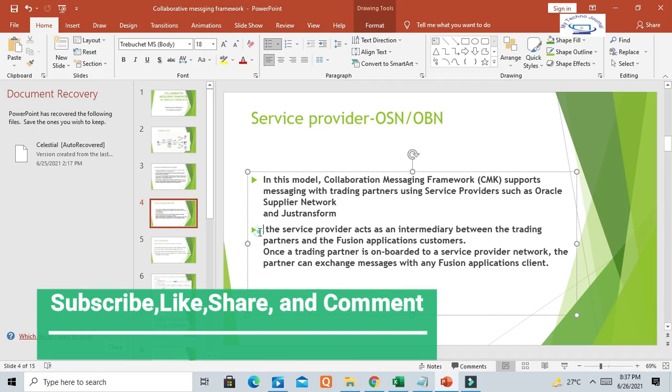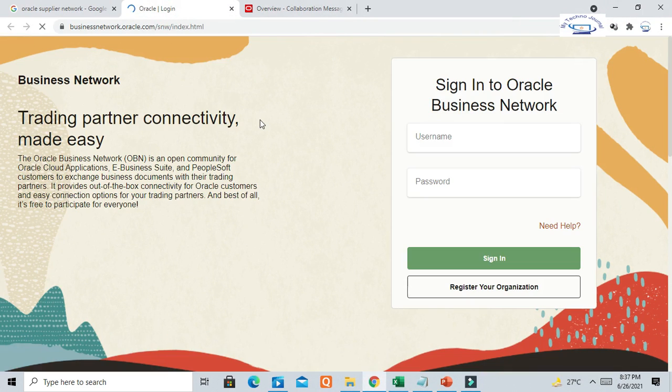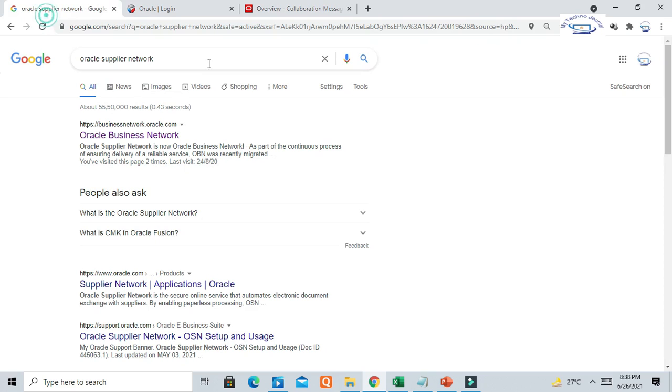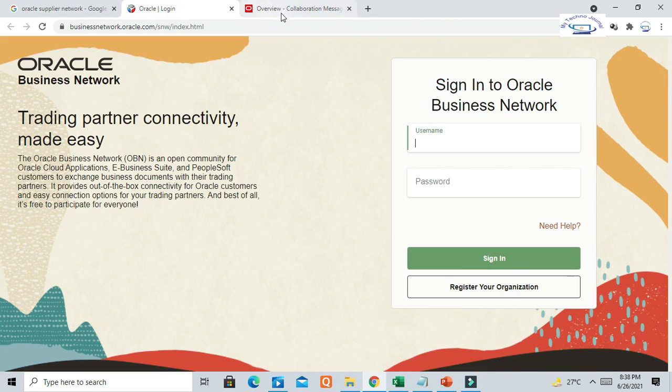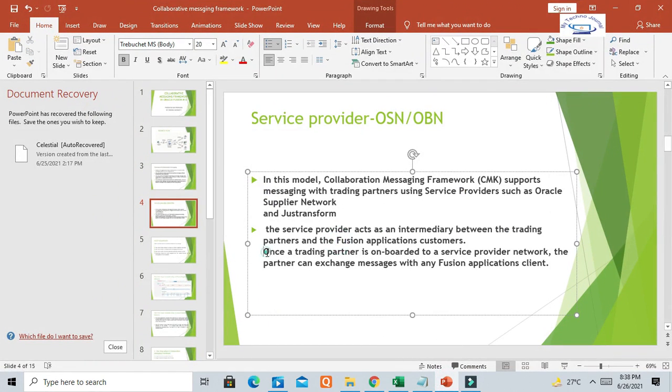Basically, this service provider acts as an intermediary between the trading partner and Fusion application customers. In Oracle Supplier Network or Oracle Business Network, both the trading partner, the supplier, and our organization need to register as a collaborator, right? Once the trading partner is onboarded to a service provider network, the partner can exchange messages with the Fusion application client.